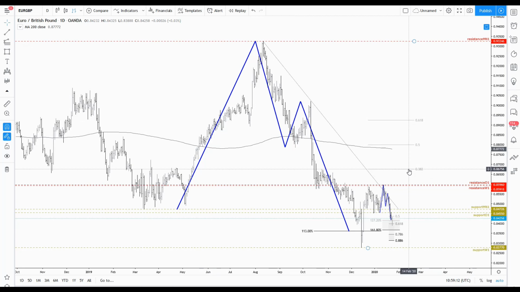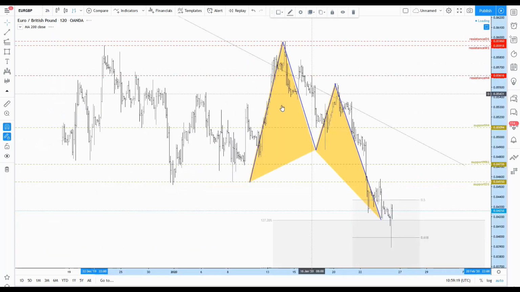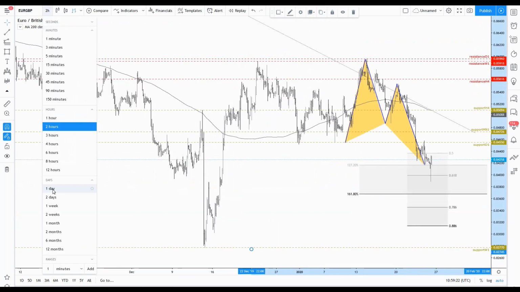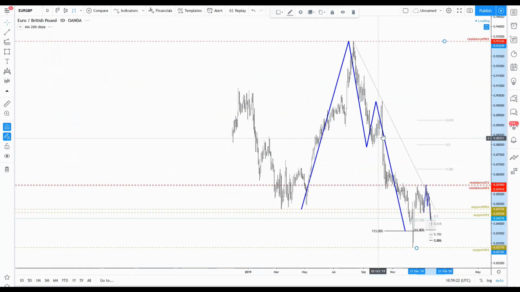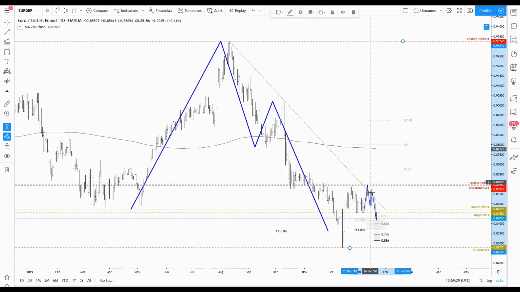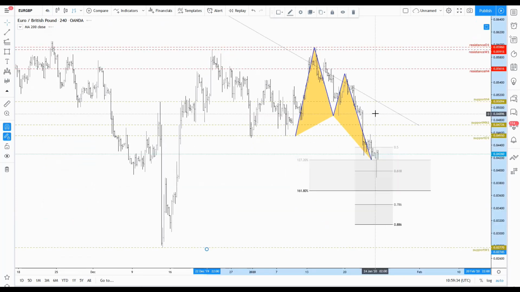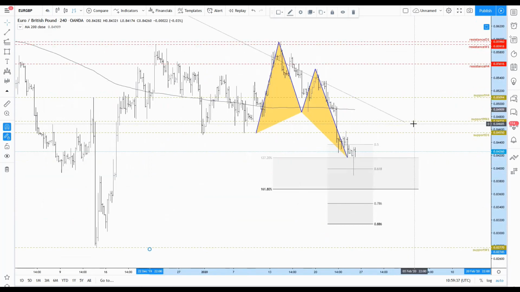I was expecting, and I still am expecting, the 38% Fibonacci as a default target for the pattern, but we are now trading, and as we can see here on a higher time frame, the descending trend line resistance approaching those highs and the price respecting those levels. If I go into a 4 hours time frame chart, we can see the price respecting those levels. I expect some pressure at this price zone,